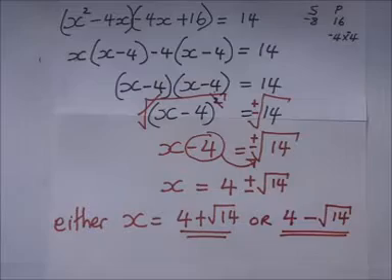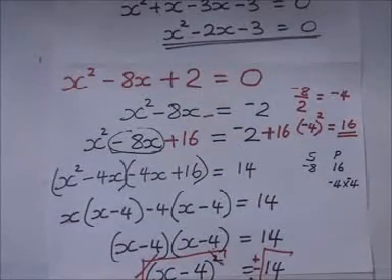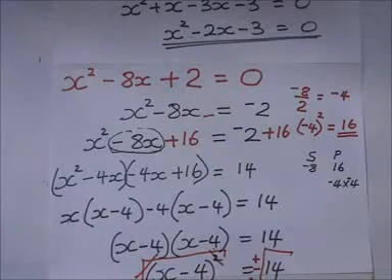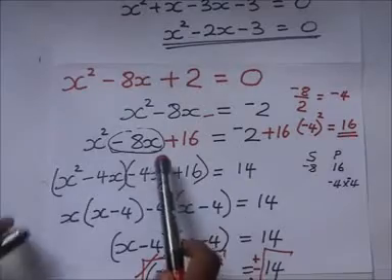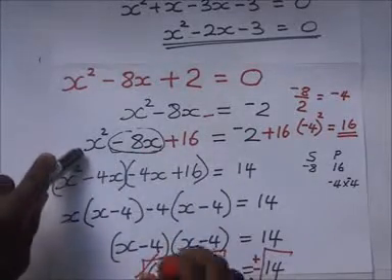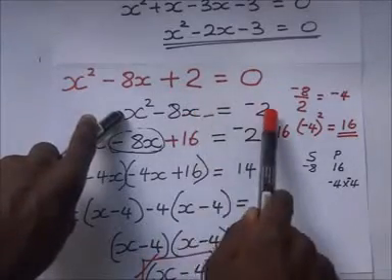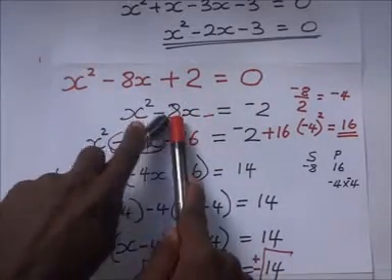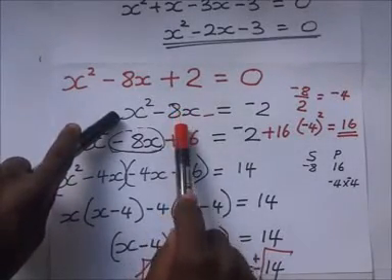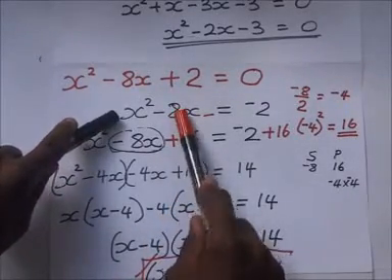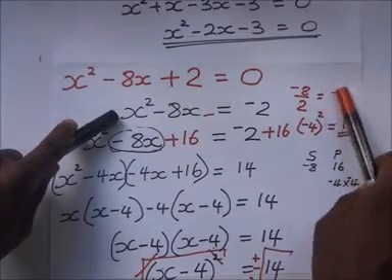Now from this you will notice that when we are trying to complete squares so that we make this side of the equation a perfect square, at this point, after we've shifted this negative 2 to come this side and we are remaining with negative 8, it means when we divide negative 8 by 2 we get negative 4. This number we get after we have divided,